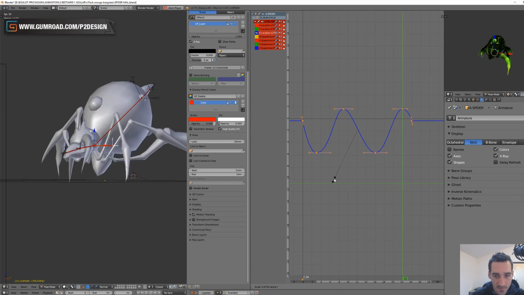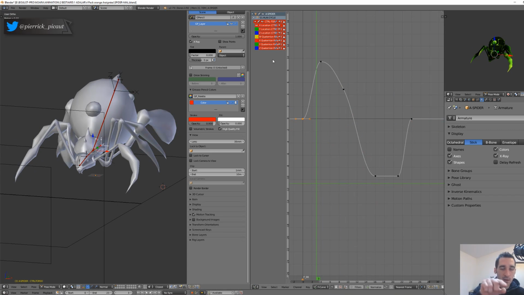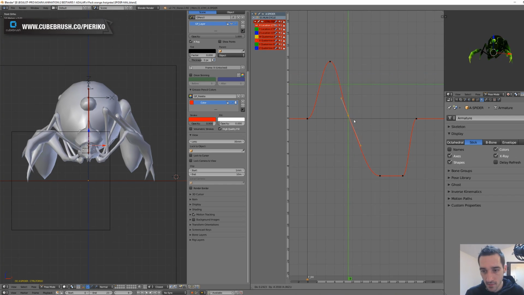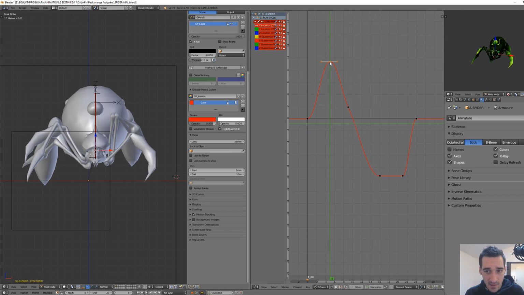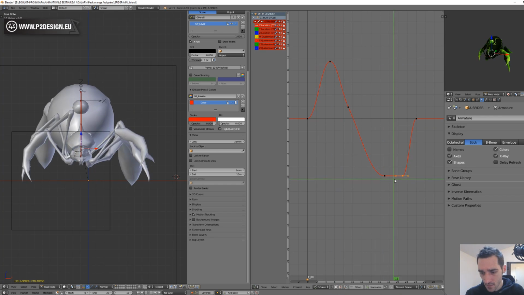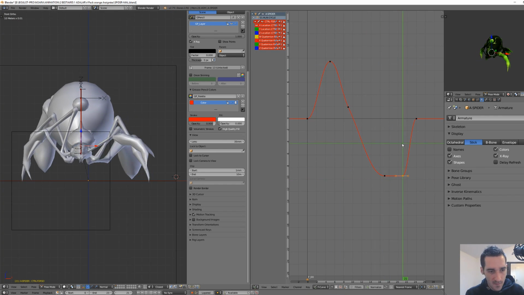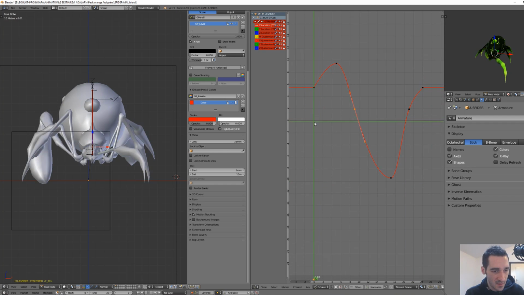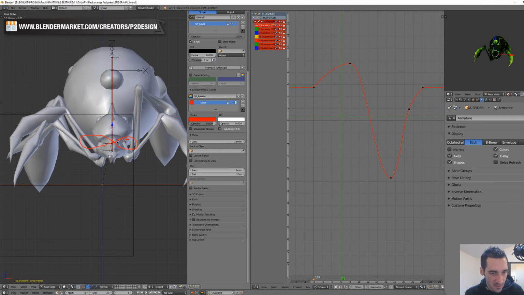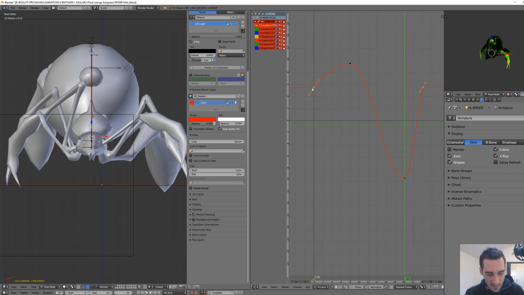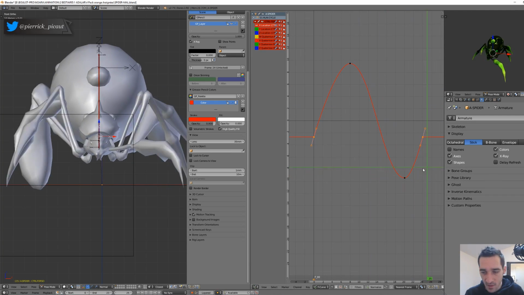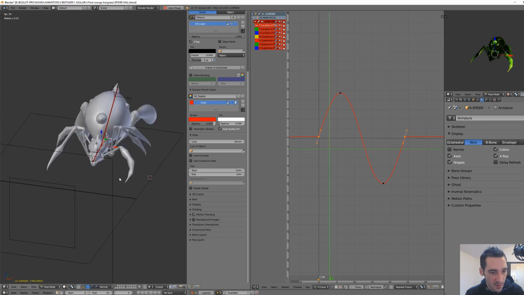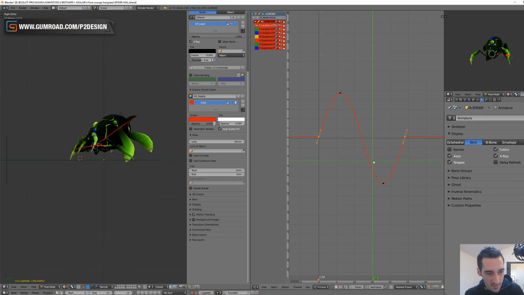So I focused the movements of the main torso on the front legs, because if you have to think about the position depending on each leg of the spider, this is quite complicated. And the thing is to get a nice right and left, up and down rhythm, something that is a bit dancey, let's say. And once I have this root body bone animated and polished, I moved on to the